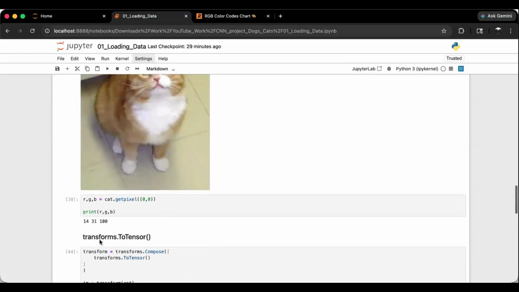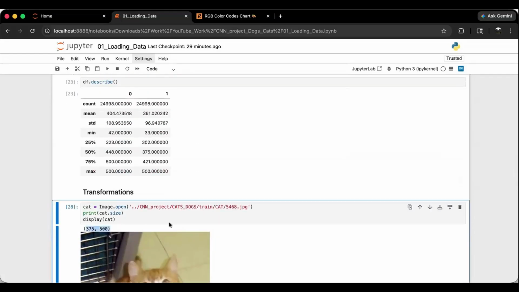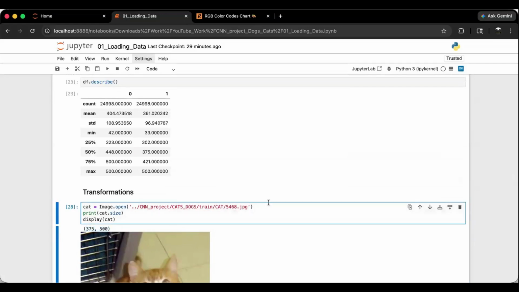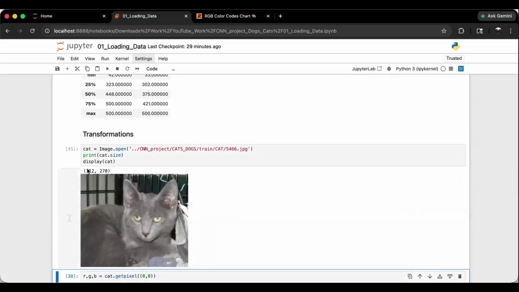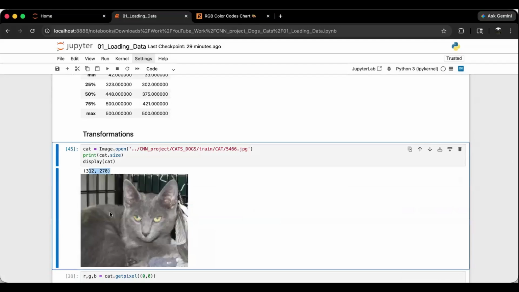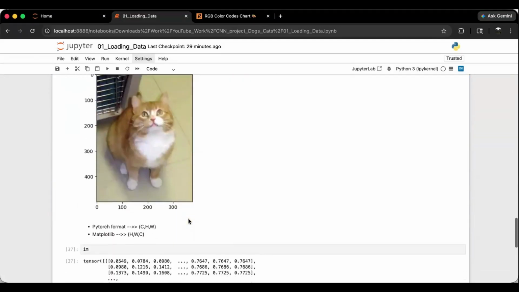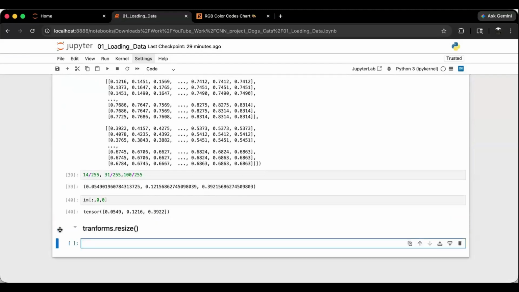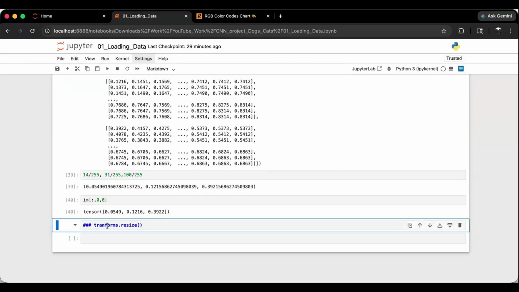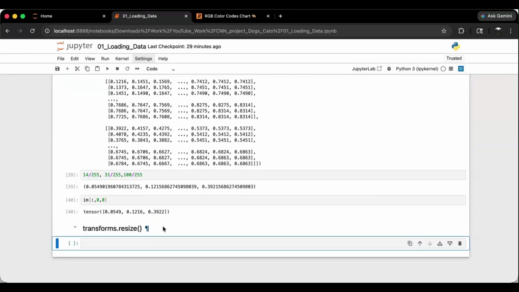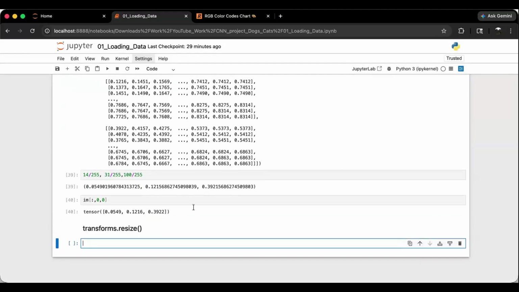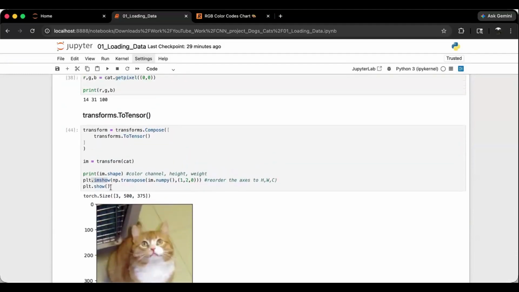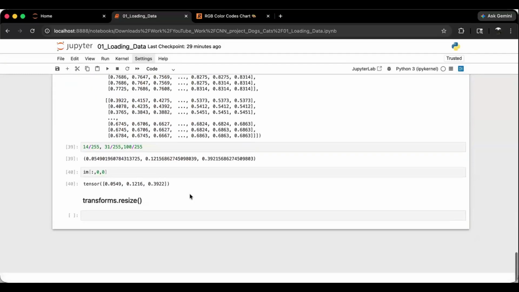The size of this image, for example, is 375 by 500. Similarly, if you take some other image, maybe this one, you'll get some other size, right? So I want to take the sizes of all the images and put them in the same size. Okay, so I'll say this again is 3, for example, and transforms here. I'll copy this entire thing and come back,